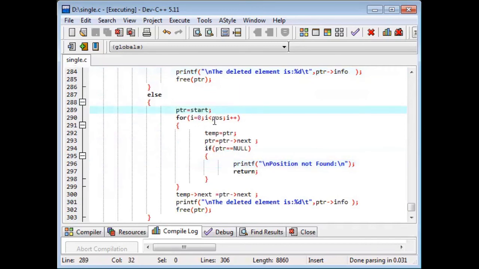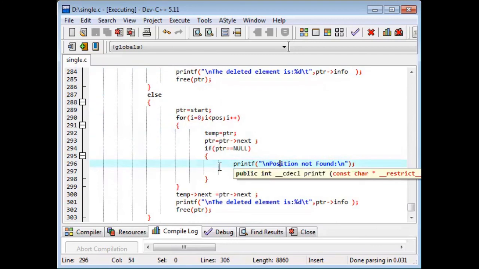PTR equals start, use a loop and move the nodes until you reach that position. If you did not find that particular position, you can print position not found.